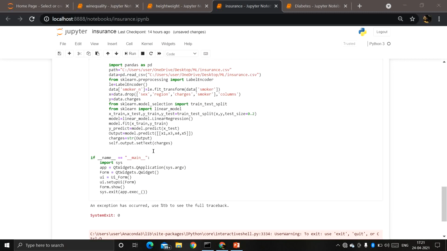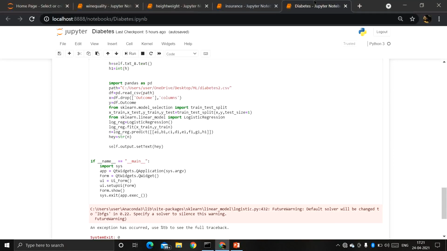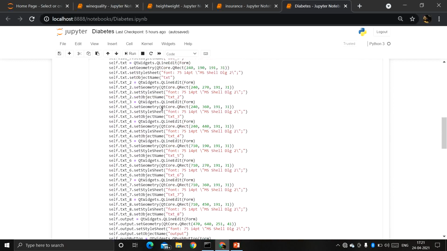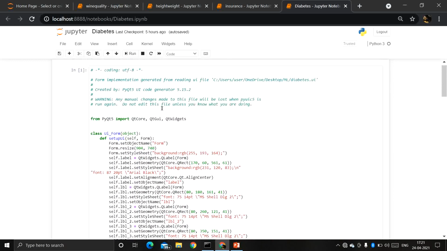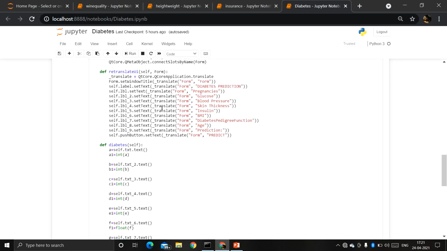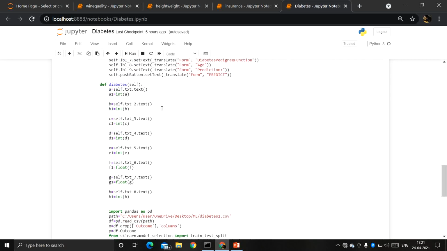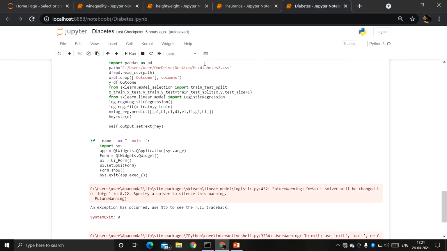Next one is logistic regression. I've used the diabetes dataset here, and I've imported all the necessary libraries. That is, I've imported train test split and also the algorithm here. Then I've also used predict.